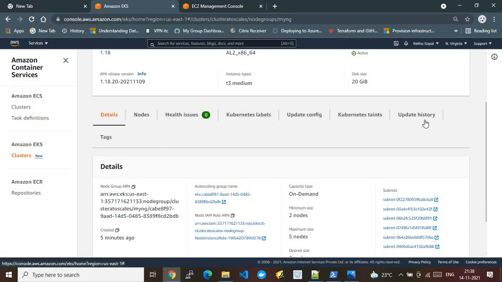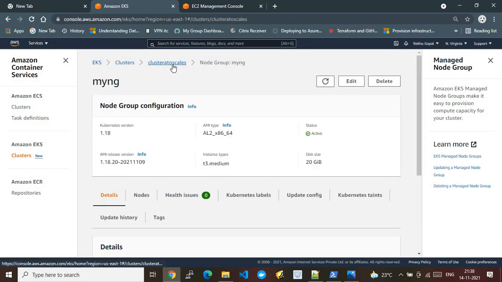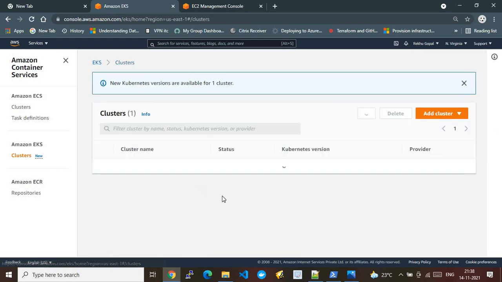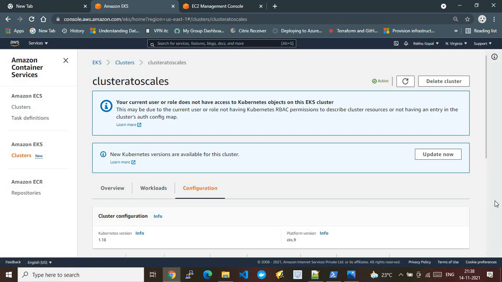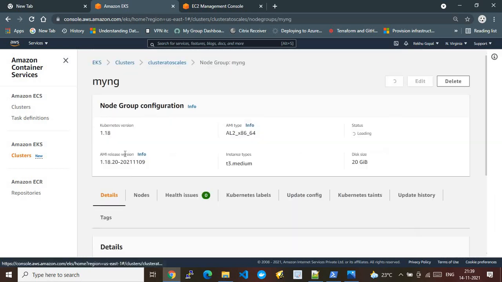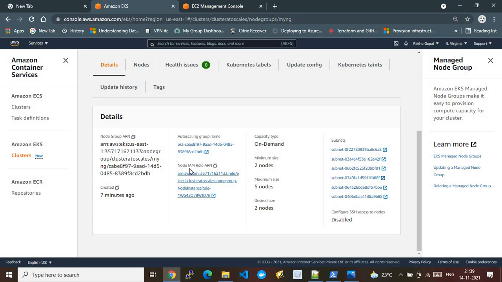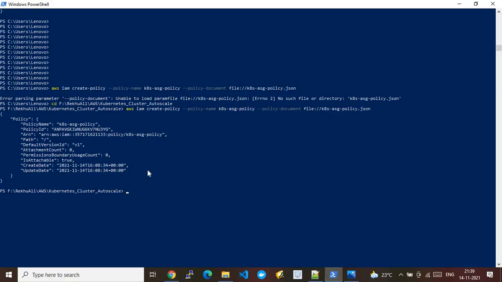And now let me go to the here. Okay, so again, this is the very important step that you need to follow. So again, let me go to the cluster, and I will show you everything from scratch again. So we go to the cluster, we go to the configuration. From the configurations, we go to my node group, which I created. And from the detail pane, we go to the role ARN, right? Node IAM role ARN. I will click this. And here we need to attach the policy which we created here. The policy name is Kubernetes ASG policy.